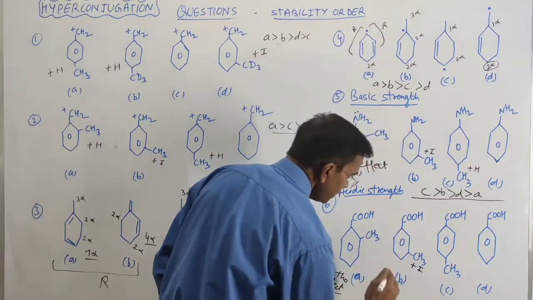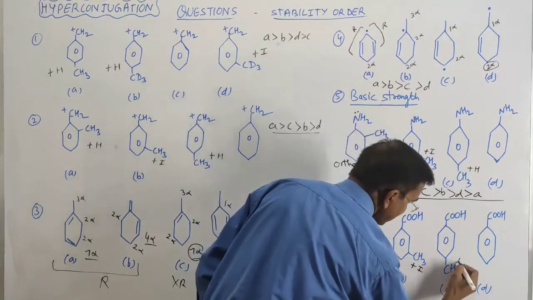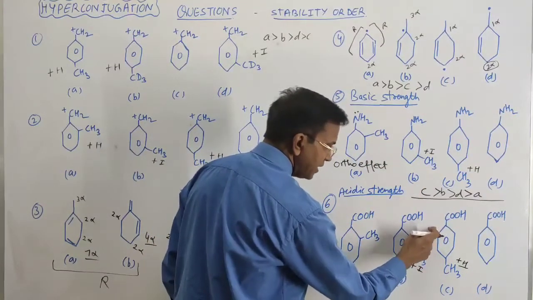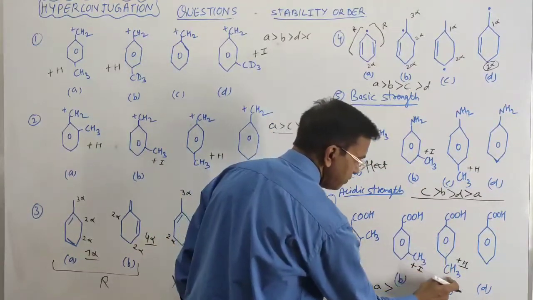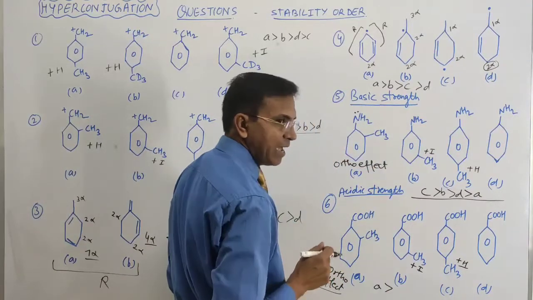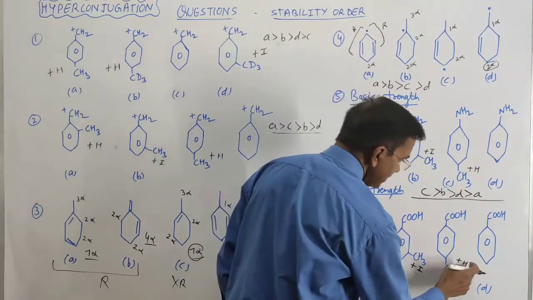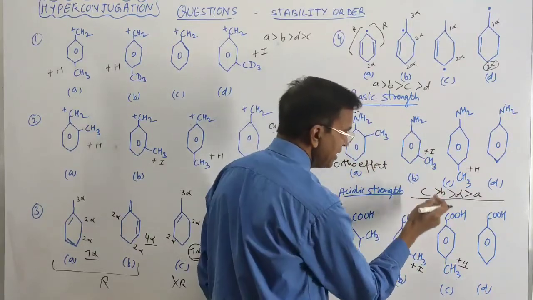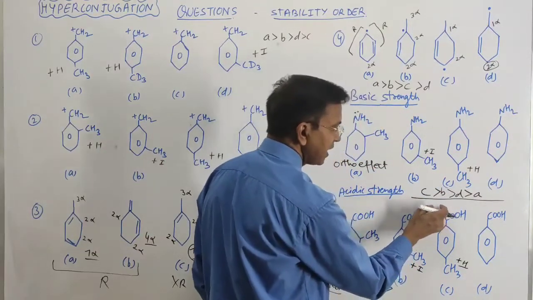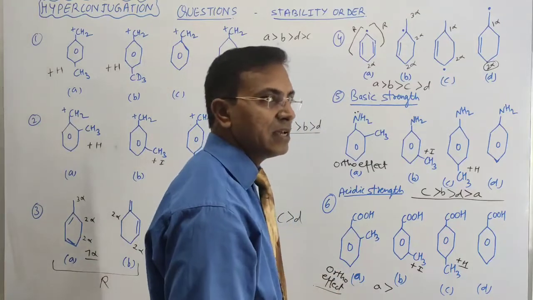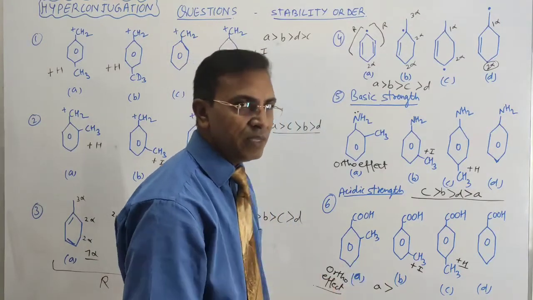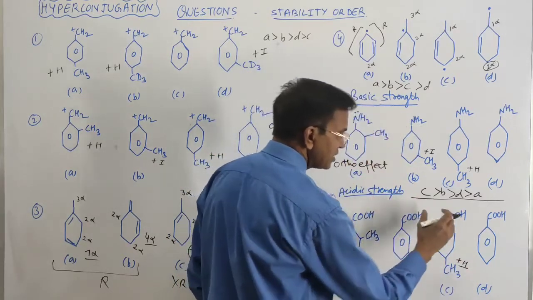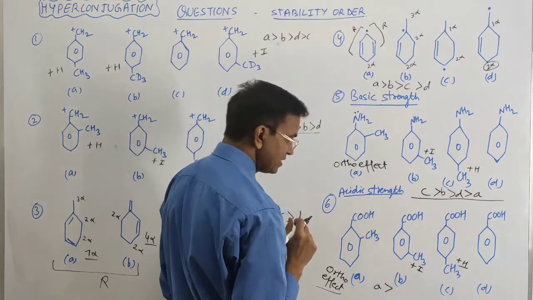So now here is the plus H effect. Alkyl group, benzene ring conjugation will be there with the CH3, H effect will be shown, and here is H effect, plus H effect is the electron releasing effect. It increases the electron density at carboxylate ion and make it less stable. That means that this decreases the acidic strength of the carboxylic acid.